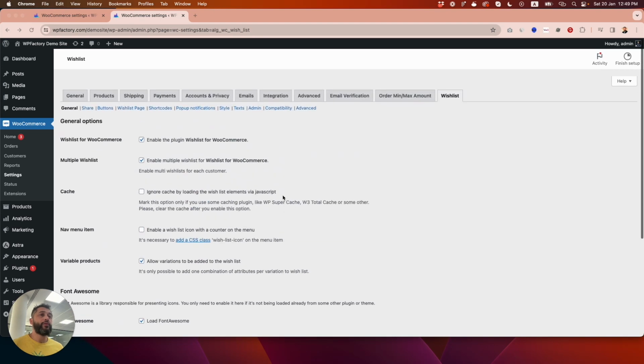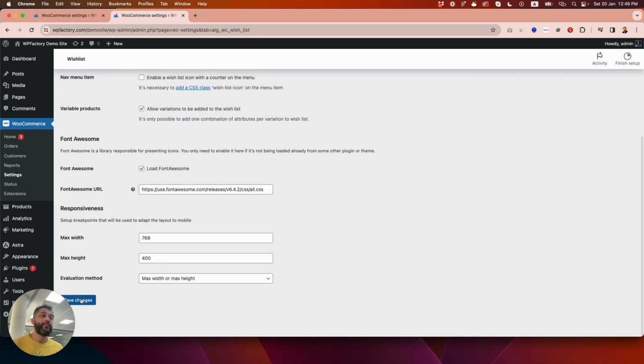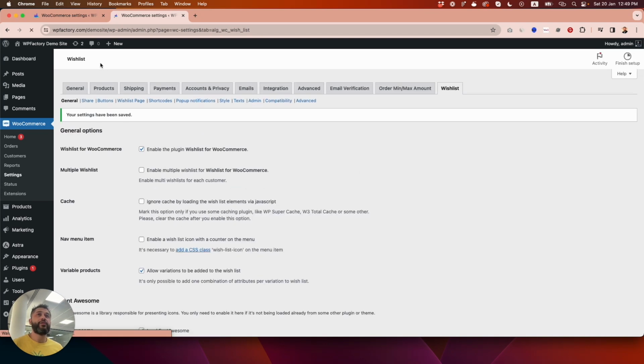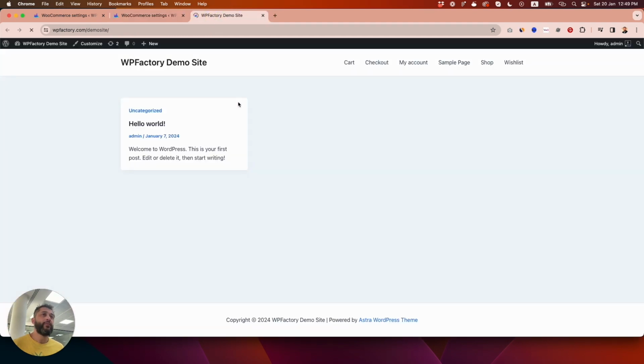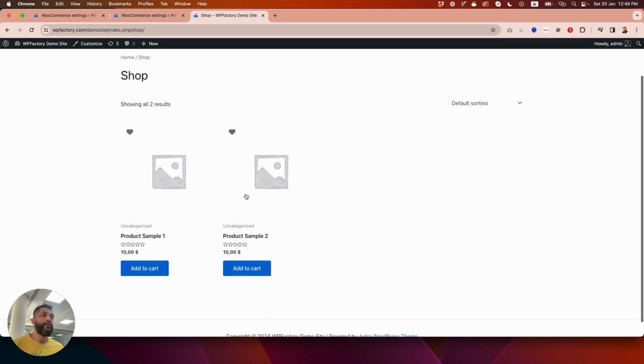Now I want to start with the multiple wish list. I want to show you how it looks when it's not enabled and how it looks when it's enabled. So I will save changes here, and let's go to the demo site. Okay, hello world. Let's go to shop. As you can see here, we have the two products and the icon for the wish list. So once I click on this,